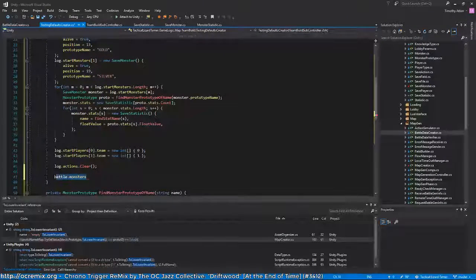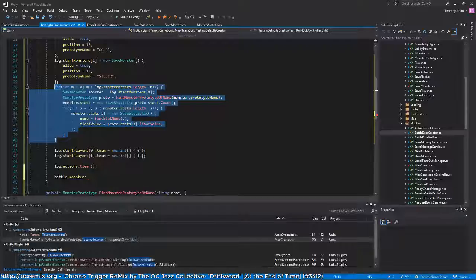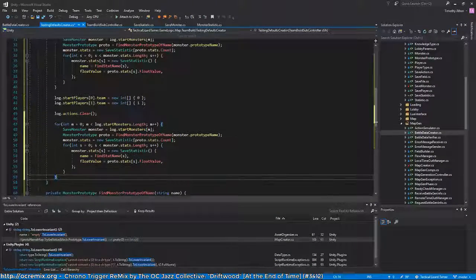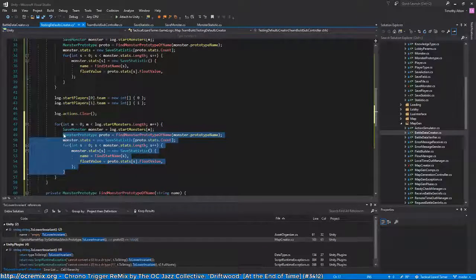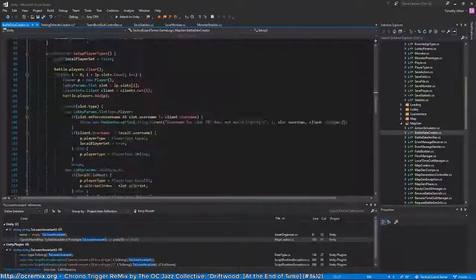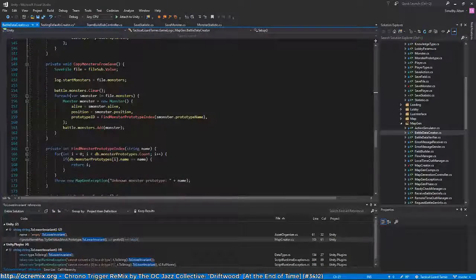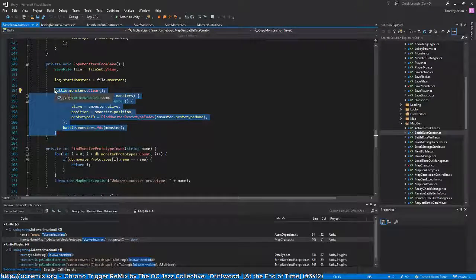Oh no, let's make another loop just to be clearer. Alright, and then maybe just copy this code here for each save monster and file monster, so it'll be a little different, but